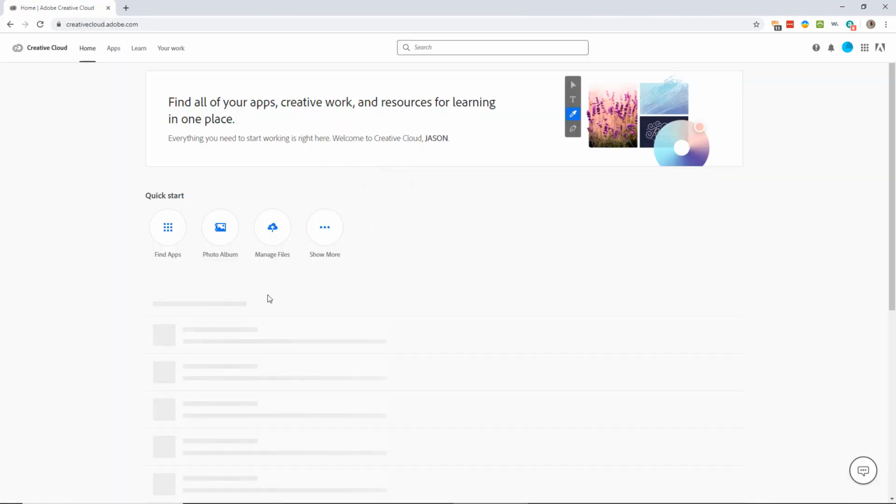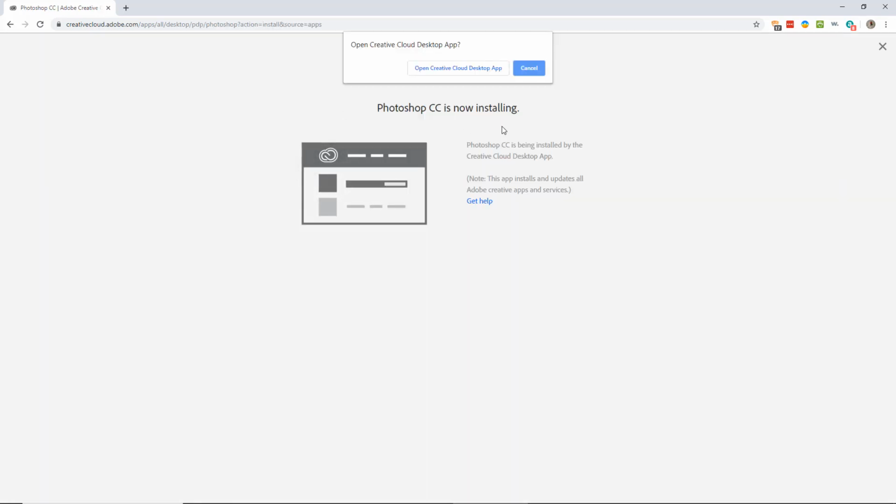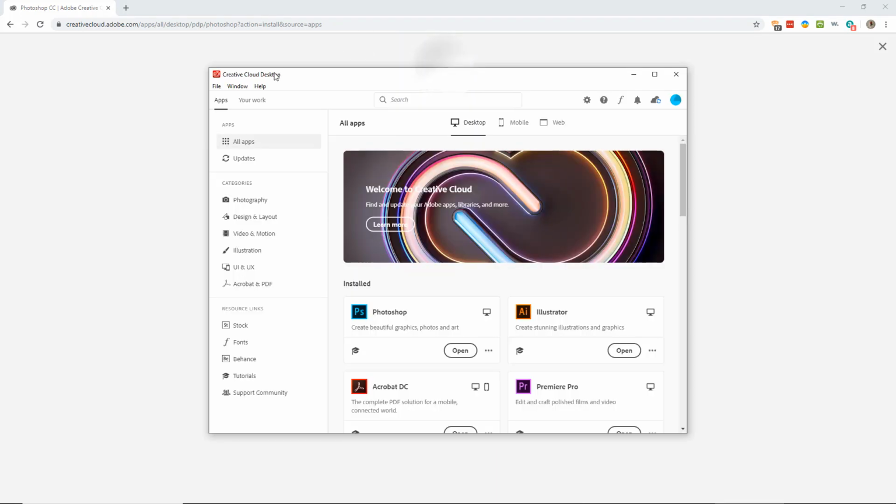From inside of Creative Cloud, you want to find the applications you want to install. And then from here, you should be able to install any of the applications that you would like. So if I go to Photoshop CC and click Install, it should launch the Adobe Creative Cloud desktop app and start installing. So if I click the Open button here, that should prompt you to install the Creative Cloud desktop